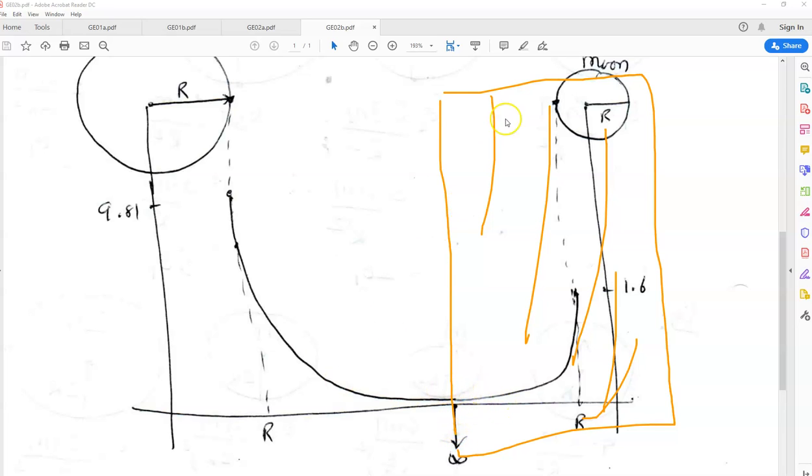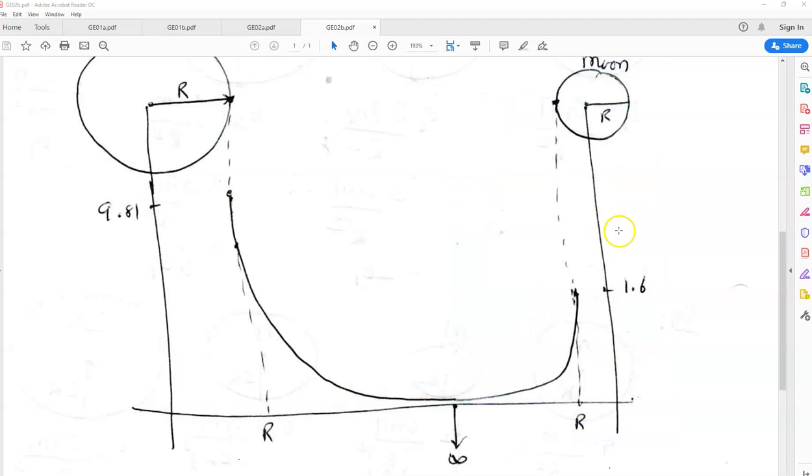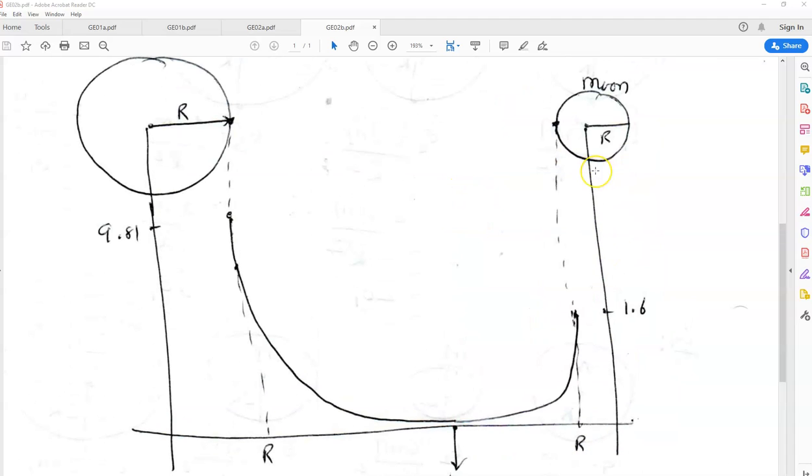Now if you go back to the moon side, and assume that the gravitational field on the moon is 1.6, and this is the surface, this is the radius of the moon, and the value of the field on the surface is 1.6. But when you draw this curve, you have to be very careful. You cannot start this value from here. You can't start like here. So you have to know that,